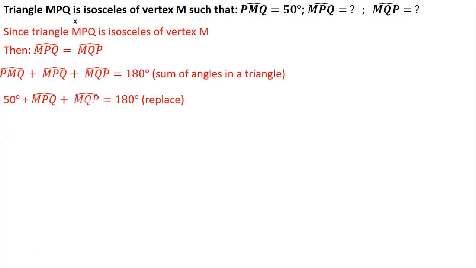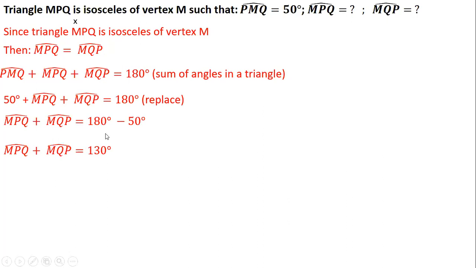We replace. We have here 2 angles. Why did I leave the 2 angles? Because they are what, Lin? Equal. Equal to each other. So if I add 2 equal angles equal to 130 degrees, to get the measure of each angle, we divide 130 by